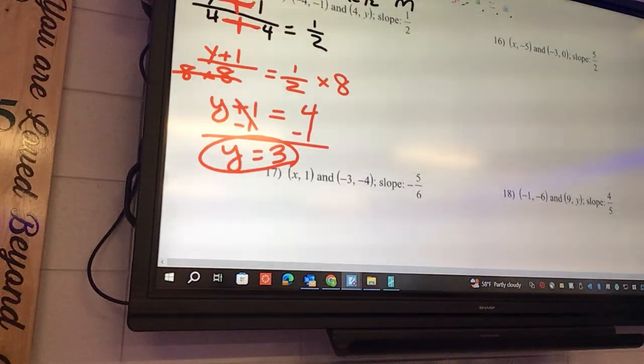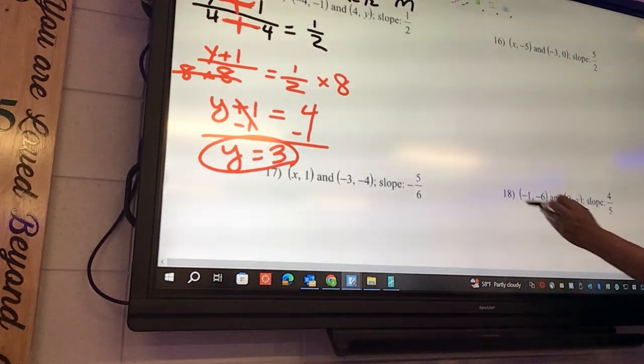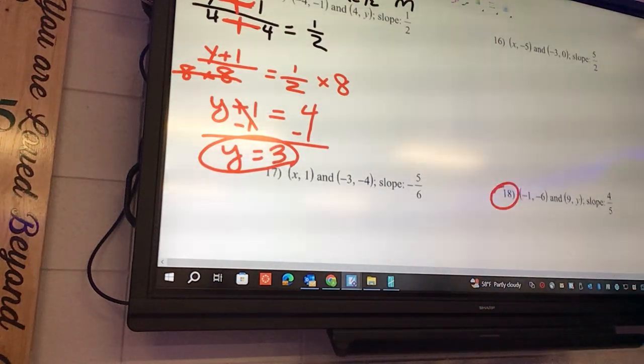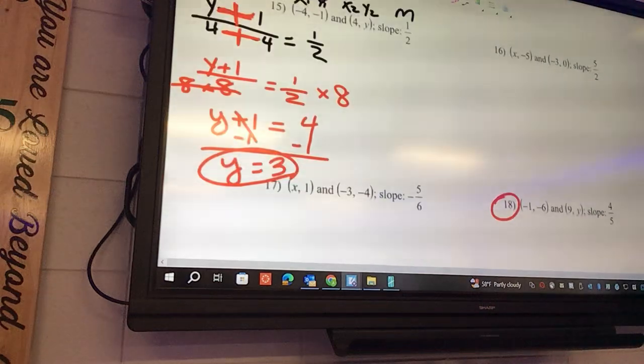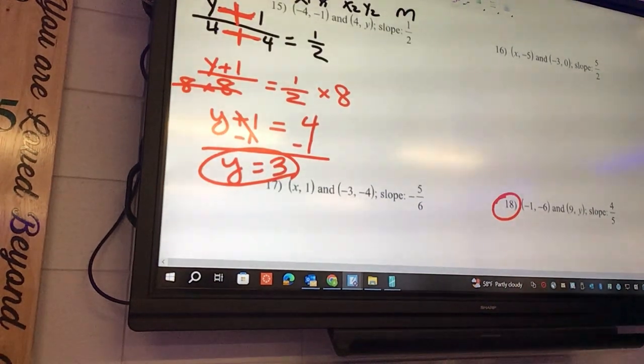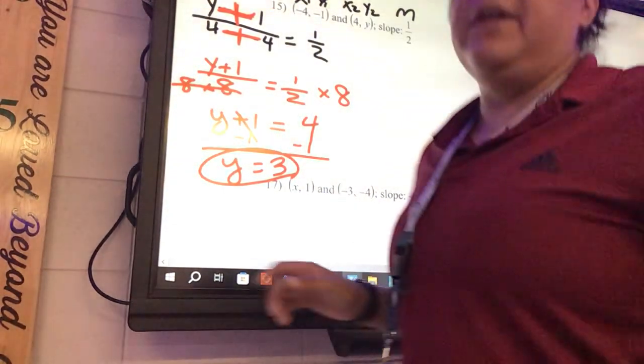Listen carefully. On the back side, the only one that you need to do is number 18. All the other ones we're not going to do. We're not even going to cover any of the X's today, we're only going to do the Y's parts today, because there are fewer steps with that. So on the front side, you're going to do the whole thing. On the back side, you're only doing number 18. And at the very least, you can set it